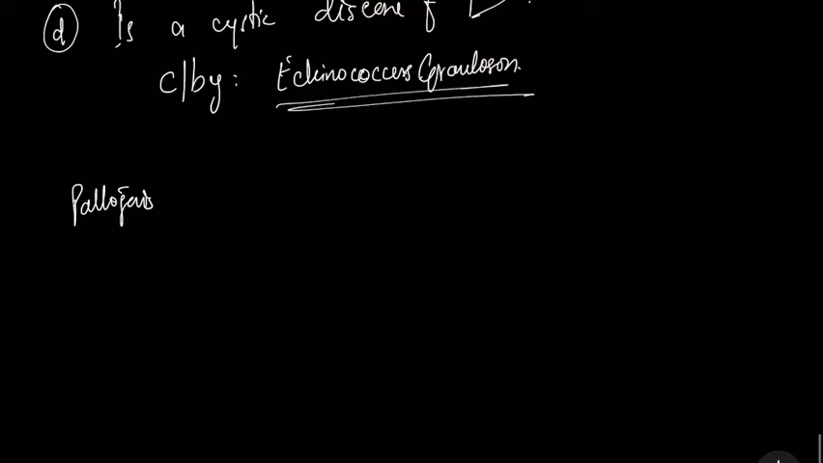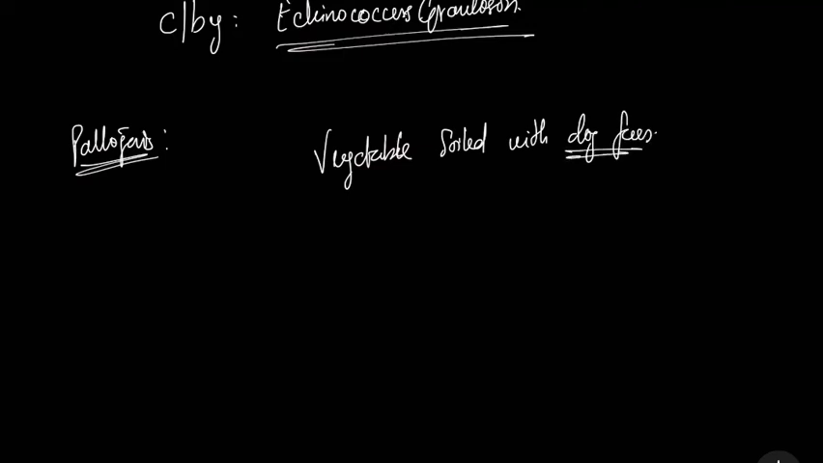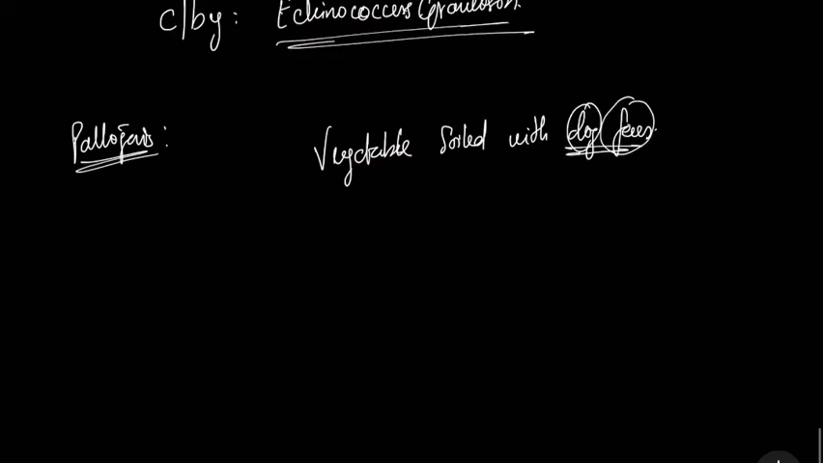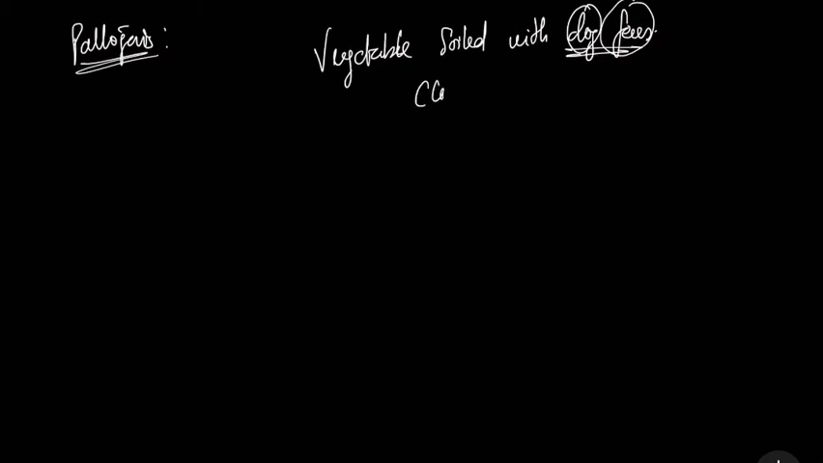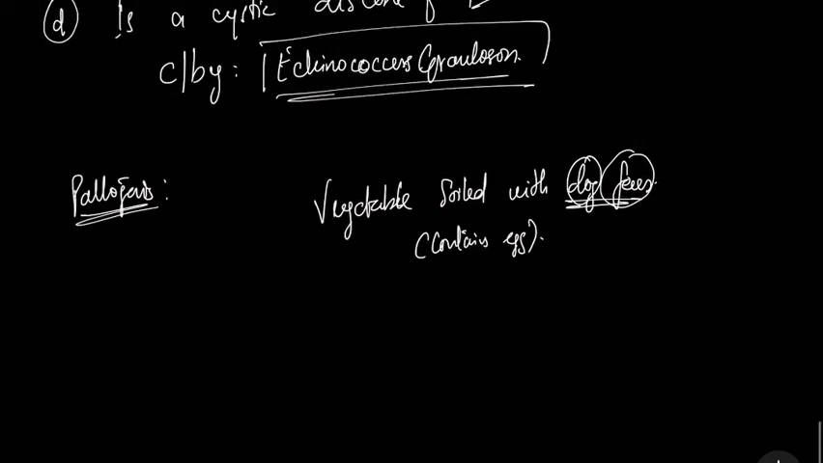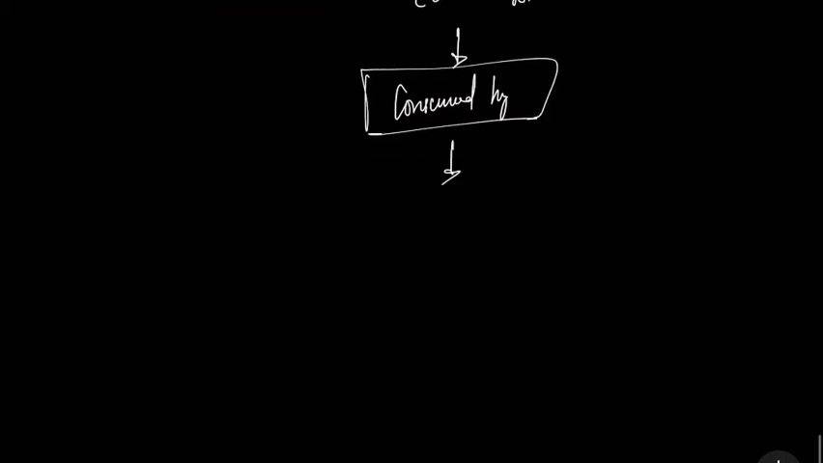Coming to its pathogenesis, what happens is that vegetables which are soiled with dog feces, so what we need to know here is dog feces, contain certain eggs of this Echinococcus granulosus. These are consumed by us humans, and this leads to